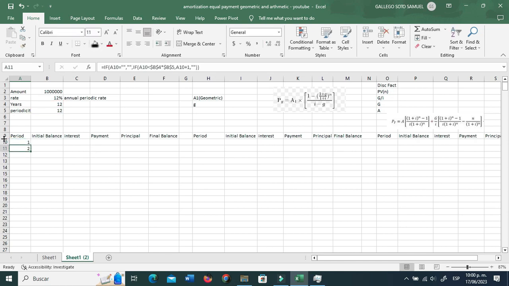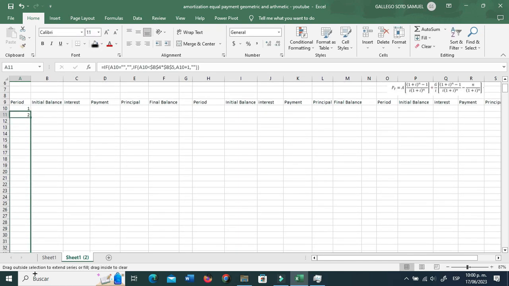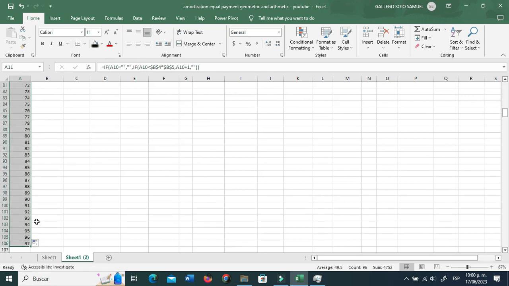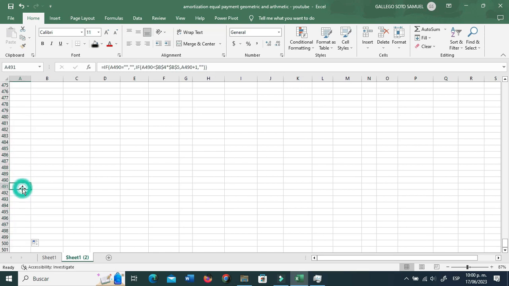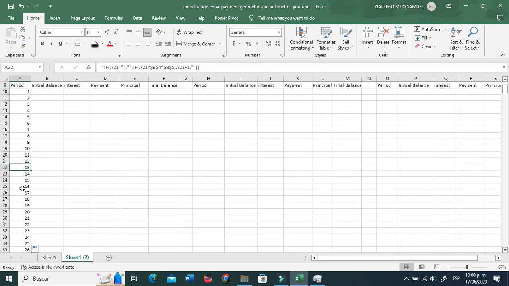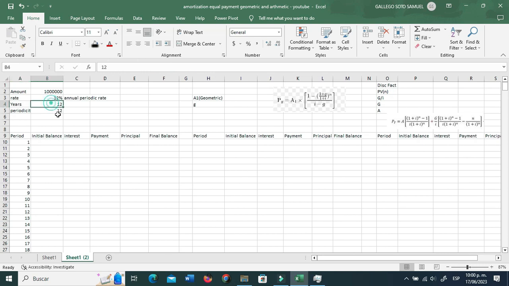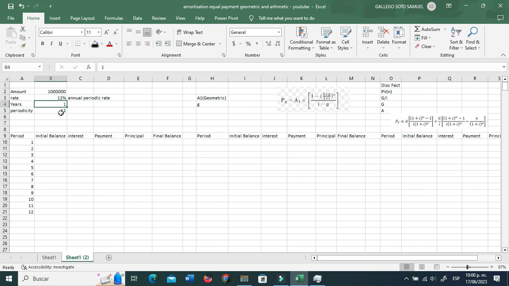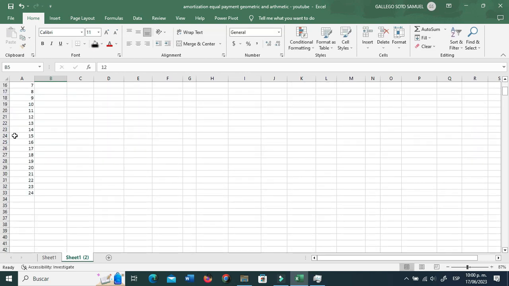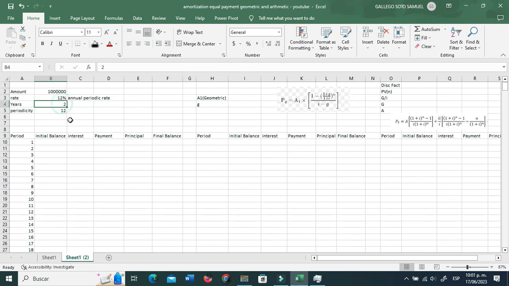Let's see if that worked. Okay, it should be working until 144. Let me do something exaggerated here and go to 500. All right, let's do something a little less problematic so we can see if it works. So 1 year and periodicity of 12 months. Yes, this is working. This time we're not going to be including additional payments,